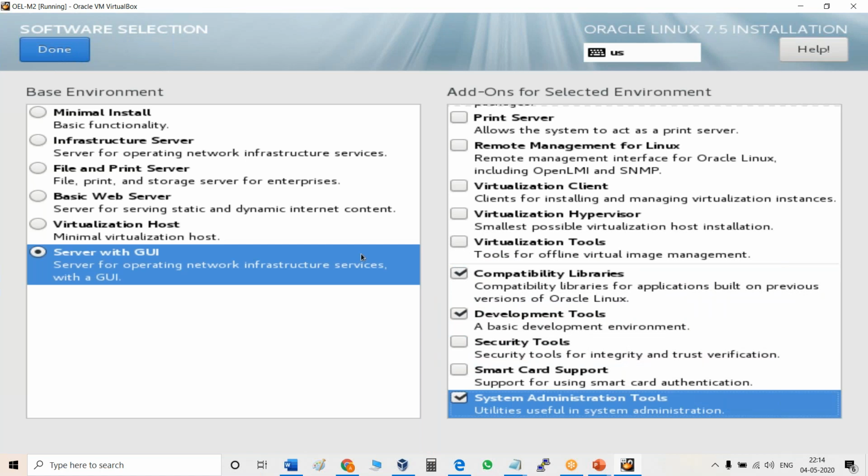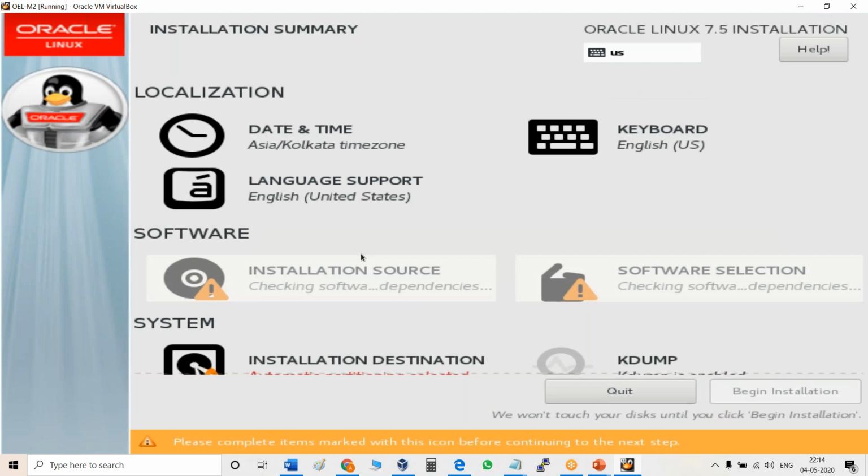Okay, then done. Then it will check. So it will unhighlight. So after the checking, it will pop up again. So it will take a few minutes.